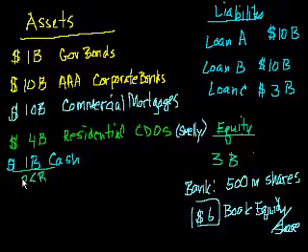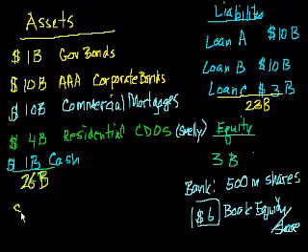So let me fill this in. This was 26 billion of assets, and then I had 23 billion of liabilities, and then that's how we got equity of 3 billion and book equity per share, or the book value per share, of $6. Now let's say we go onto Yahoo Finance and we type in the ticker symbol for this bank, Bank A, whatever we want to call it, and let's say that its market price is $12 per share.